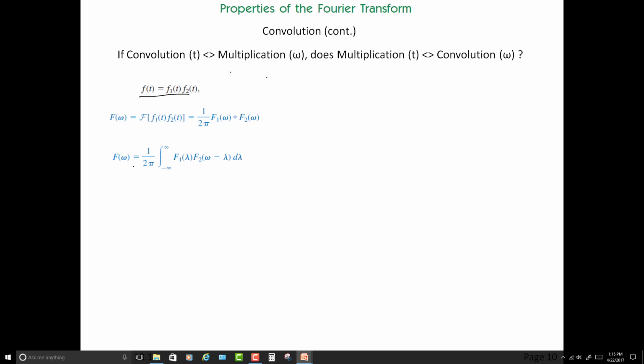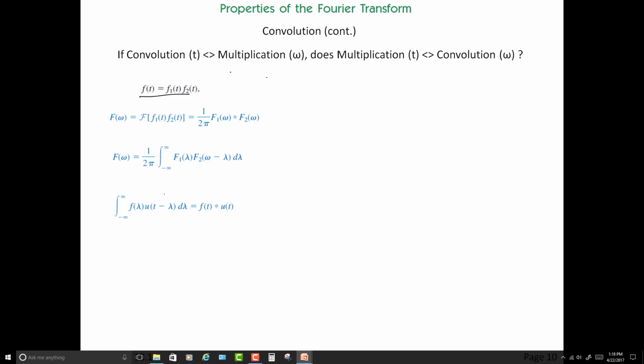So in the frequency domain, let's just write this all out as though it's real. The frequency representation of one, we'll call it lambda, times the frequency representation of the other shifted, okay? By shift, I'm just talking about setting up the convolution integral. So if we go back to the convolution integral, which was a couple of slides ago,